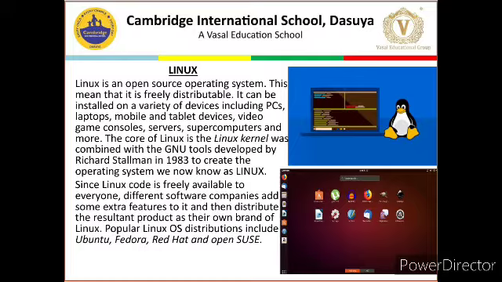Here you can see the term written, open source operating system. We have Microsoft products, but they are not open source. In Linux, we can modify the predefined code as per our own requirement, and then give it a name of our own choice.